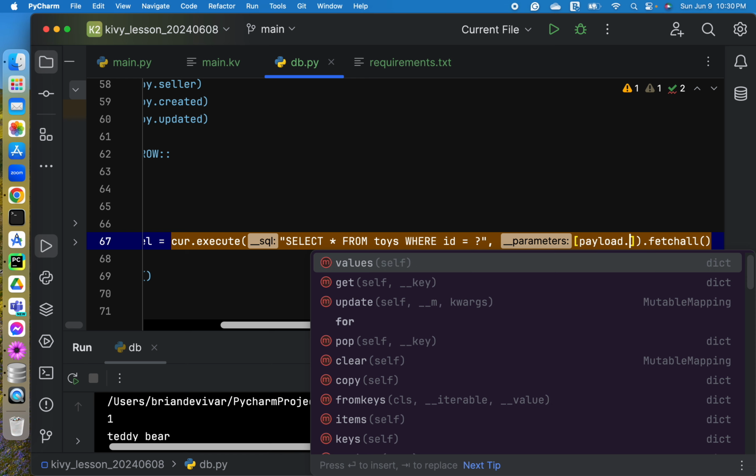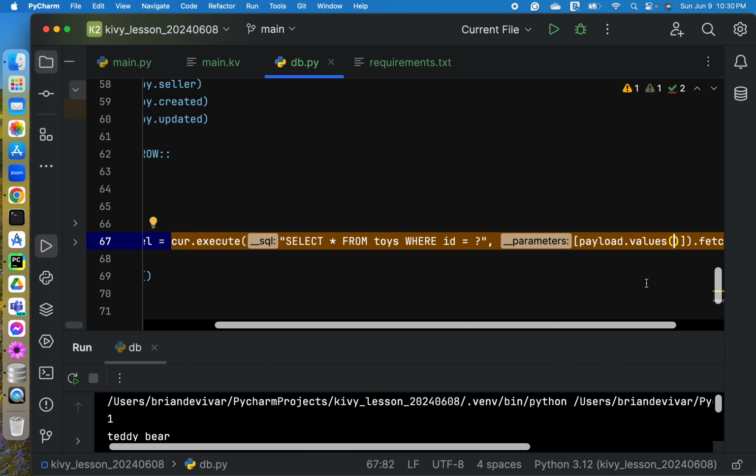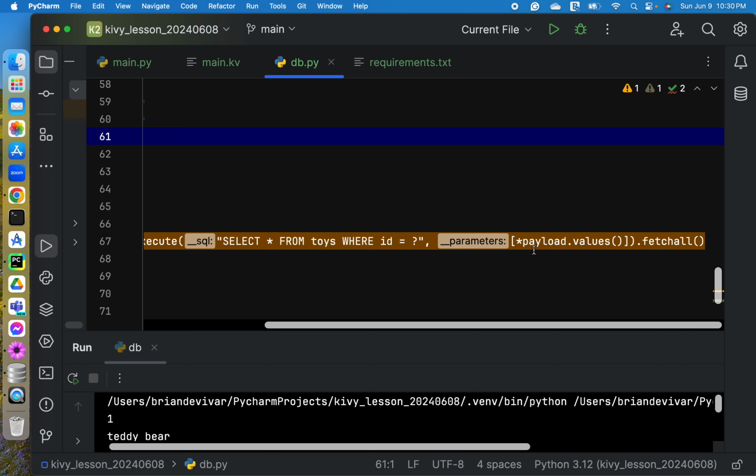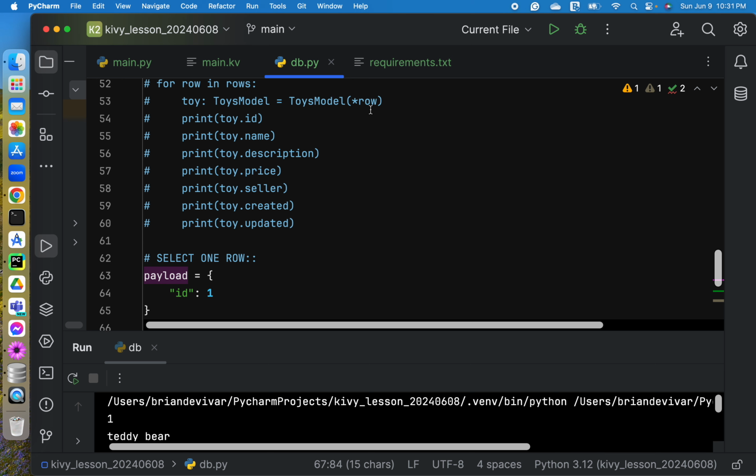So we only need the values like this, and we need to use the destructor. And then let's copy.